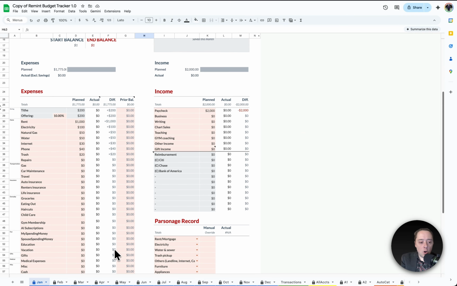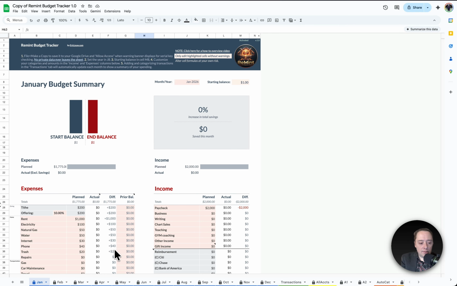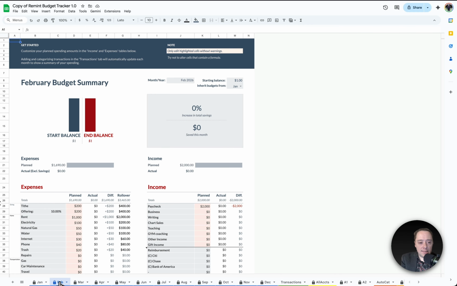Okay, so we've looked at an overview of how to set your budget for the year. It's worth mentioning that as you go throughout the year, there'll be tabs for each month of the year. Now, the first thing I should mention in this regard is that you can choose which month each month inherits